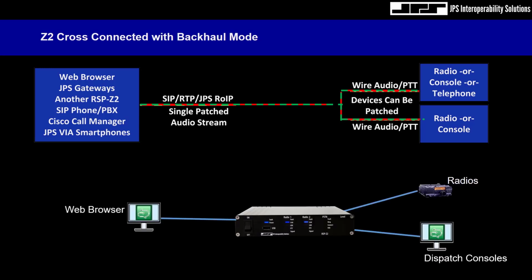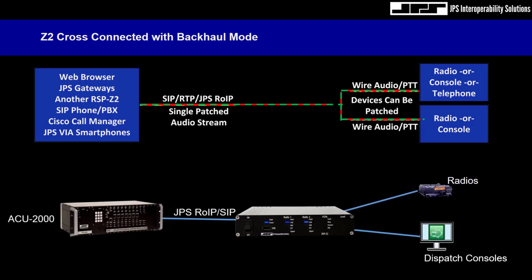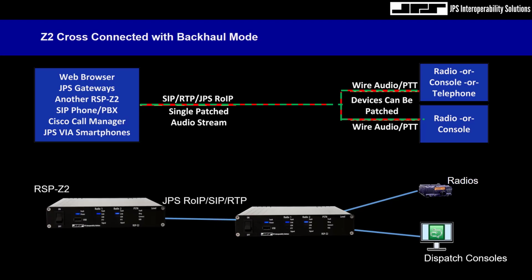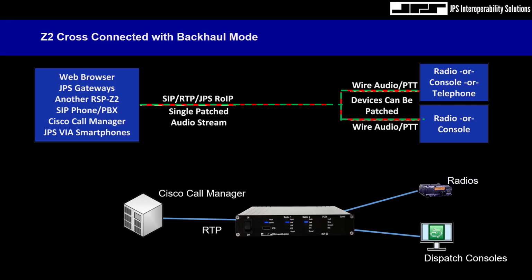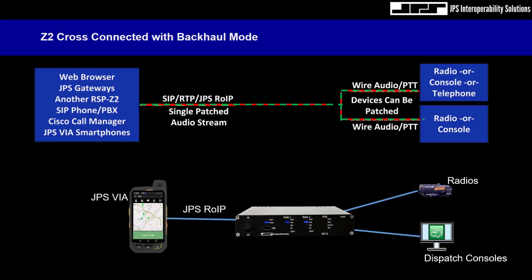Now we see that we have a radio on the right, dispatch consoles, and we see we're going to different products with protocols, a Z2 with RoIP, SIP, or RTP, SIP PBX with SIP, Cisco Call Manager using RTP, JPS via using JPS RoIP,